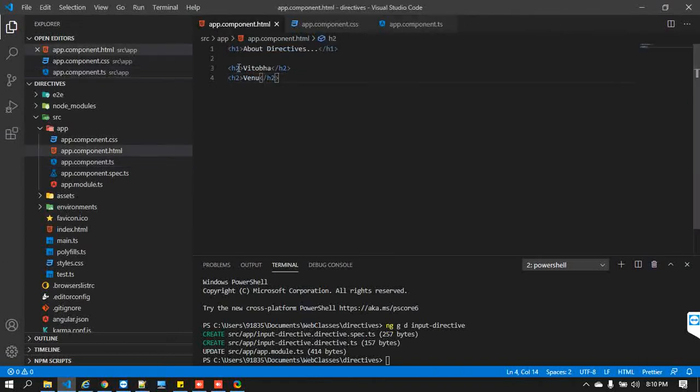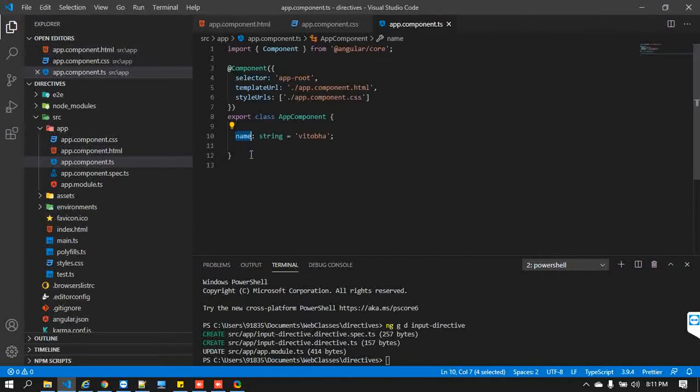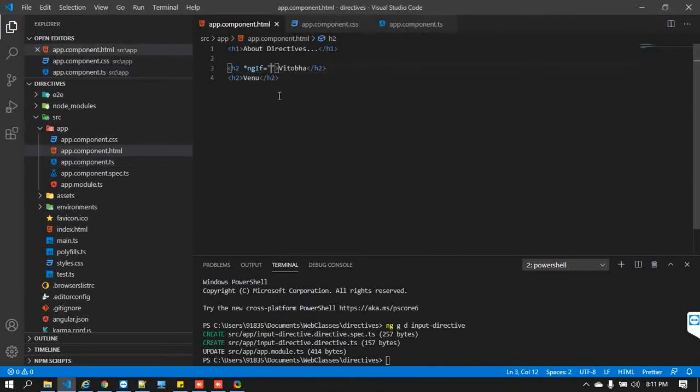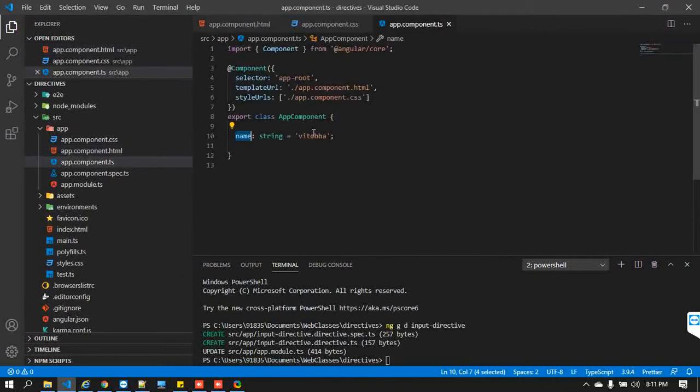Now for example, come here, ngIf. What is our property? This is a component property, we can access it here, right? Let's say Vitoba, I'm just keeping Vitoba. What is the value of name at this moment? Vitoba, right? So just save it.